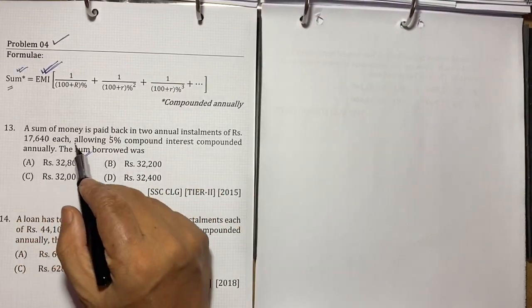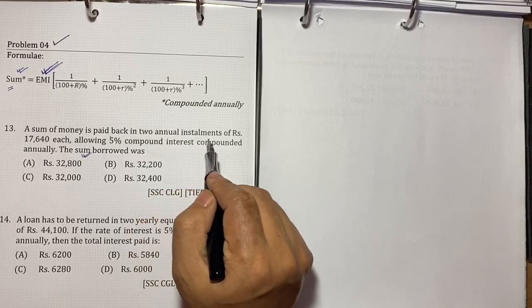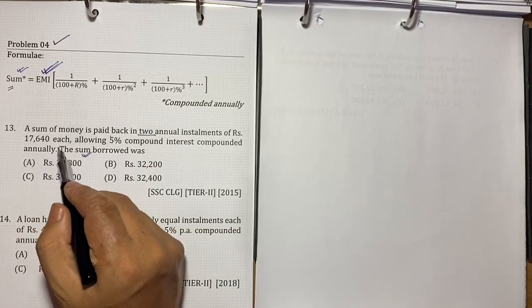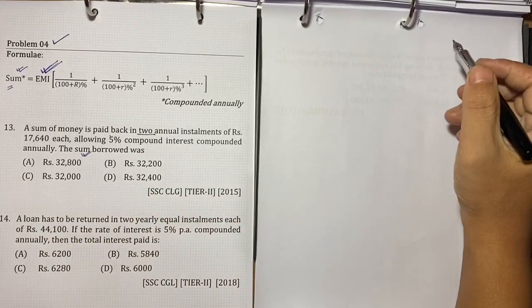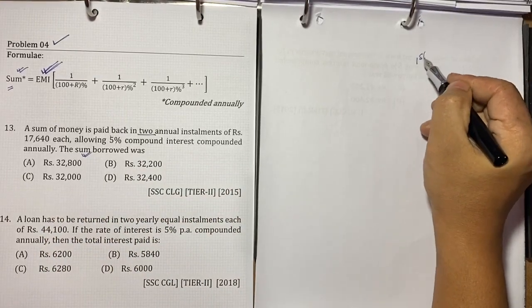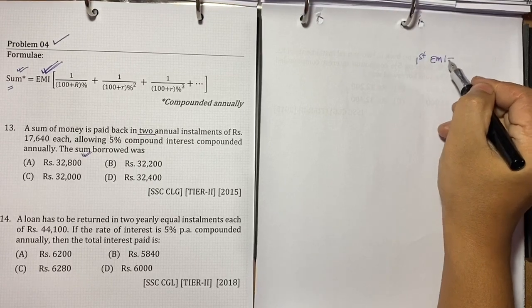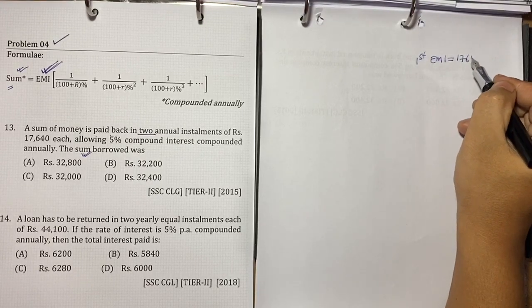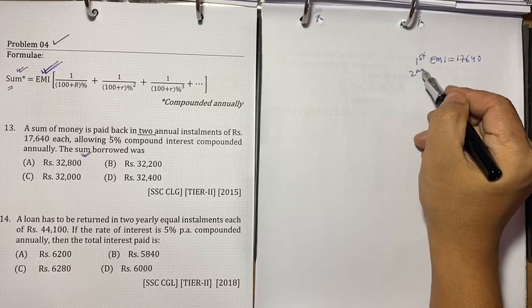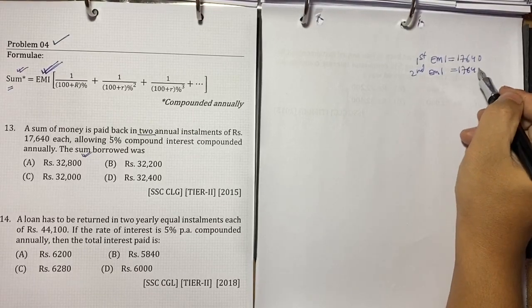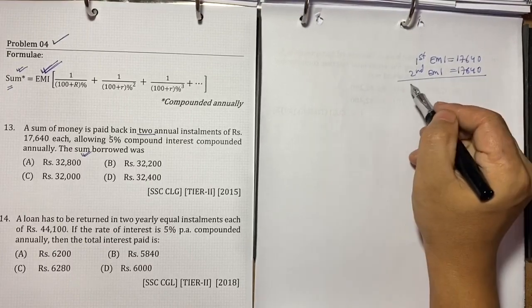A sum of money is paid back in 2 annual installments of rupees 17640 each. Meaning the loan is repaid with the first year EMI of 17640 and the second year EMI of 17640, so the total amount paid is